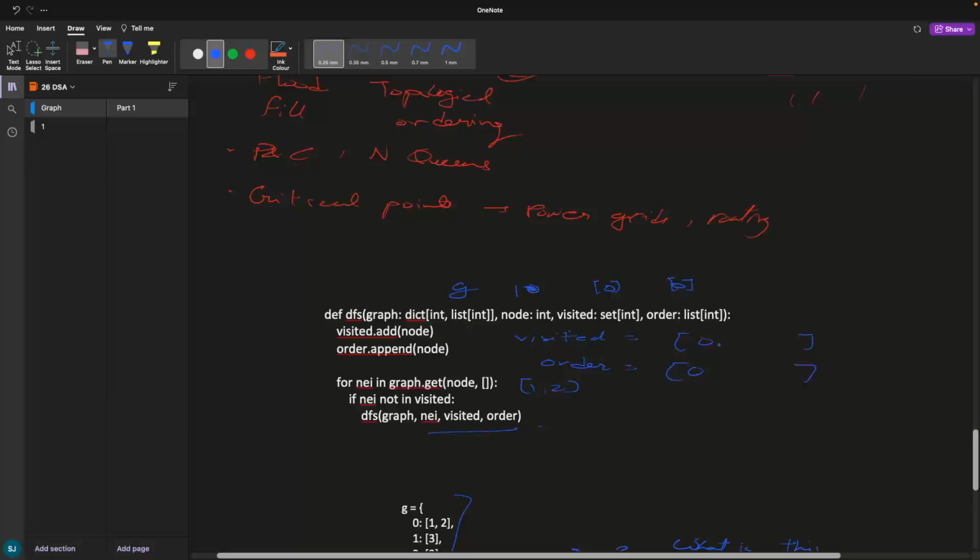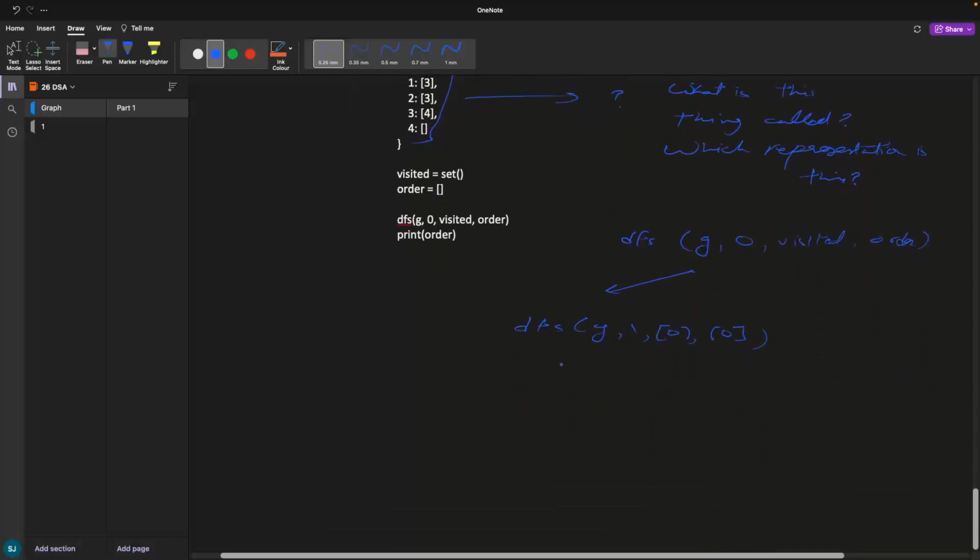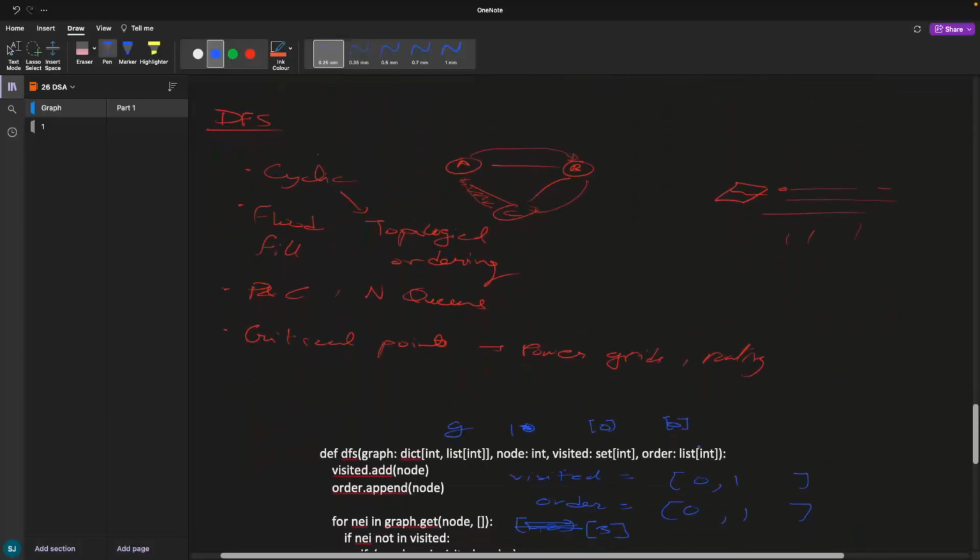ना विजिट और ऐड किया तुमने नोड 1, ऑर्डर और अपेंड किया तुमने 1, ठीक है. एंड दिस टाइम डीएफएस ऑफ 1 गिव्स यू 3, ठीक है. अब तुमने देखा यार नेबर विजिटेड है क्या, 3 विजिटेड है नहीं है यार, तो अब तुम क्या करोगे, डीएफएस कर लिया तुमने वापस, ओके. सो डीएफएस वापस, एंड देन यू डू ग्राफ ऑफ 3 एंड यू सी व्हाट इज बीन ऑलरेडी डन, 0